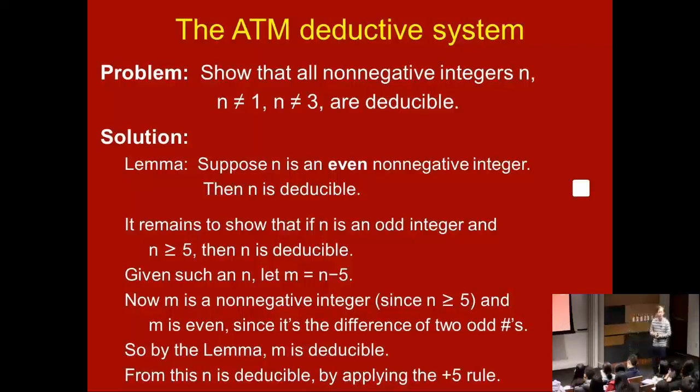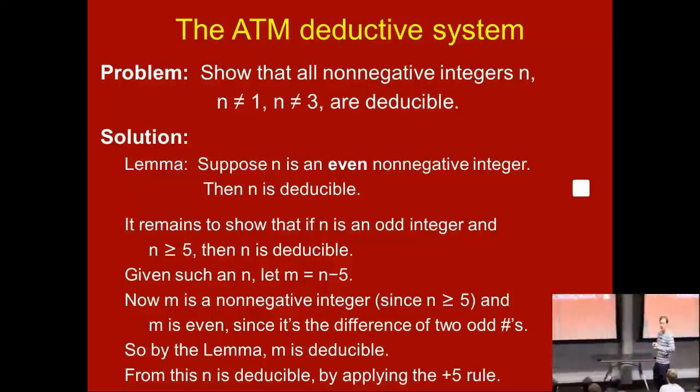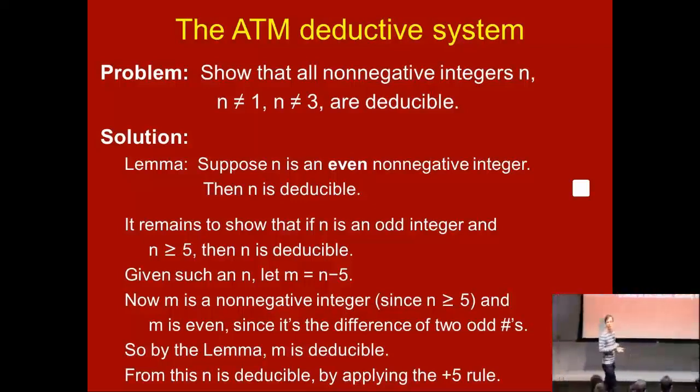So here I think this is a good level. I think it's too much to ask you to prove this by induction. I mean, come on, this is a pretty reasonable proof, right? Maybe by the end of the course, you could even just say, it's clear we can get all the even numbers by applying the +2 rule a bunch of times. I think this is a good amount to write, for example.